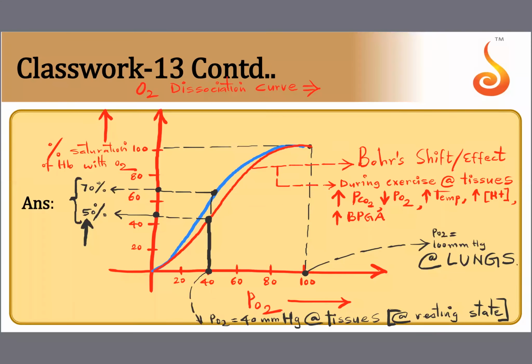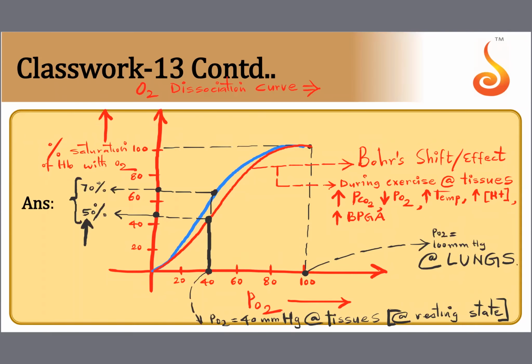So two things about the oxygen dissociation curve. One is the standard oxygen dissociation curve, when there is not much interference from a rise in partial pressure of carbon dioxide, probably because you are in a resting condition. The second one is when the curve shifts to the right because you are indulging in some kind of physical exertion, and that is what brings into the picture a greater partial pressure of carbon dioxide, a rise in temperature, a rise in a chemical called bisphosphoglyceric acid, and a rise in H plus ion.